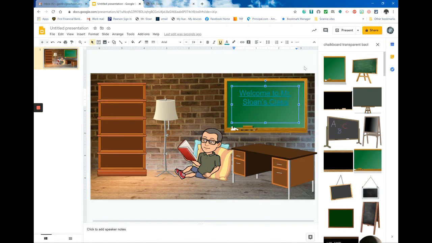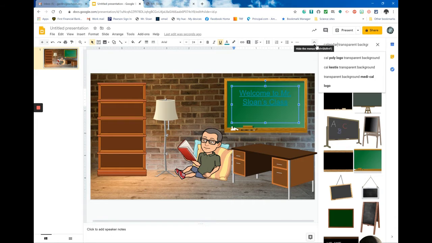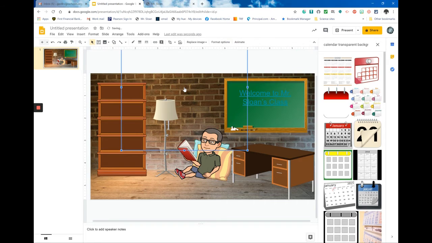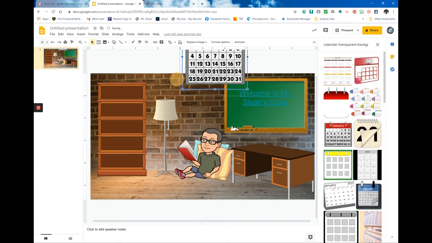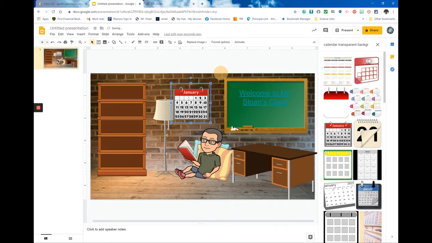Now I would like to add a calendar to my wall. So again, back in my search menu, I'm going to look for a calendar. Let's just grab this one and bring it to the wall. Again, it's very large. And I would like this calendar to actually link to my classroom calendar where I put assignments, due dates, and those types of things. So if I go back into my email,